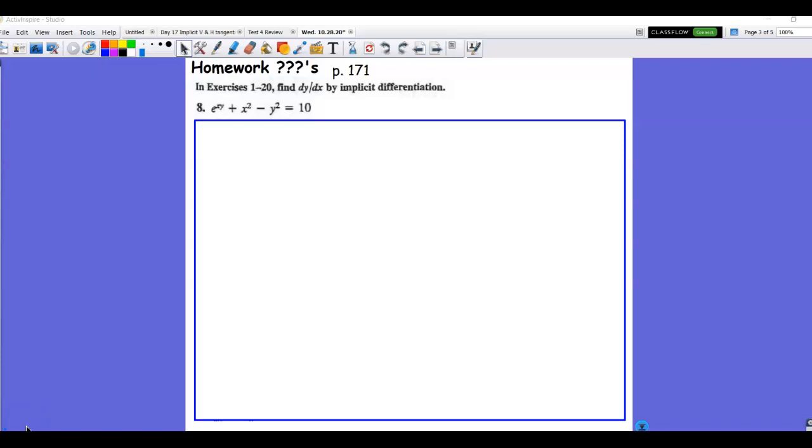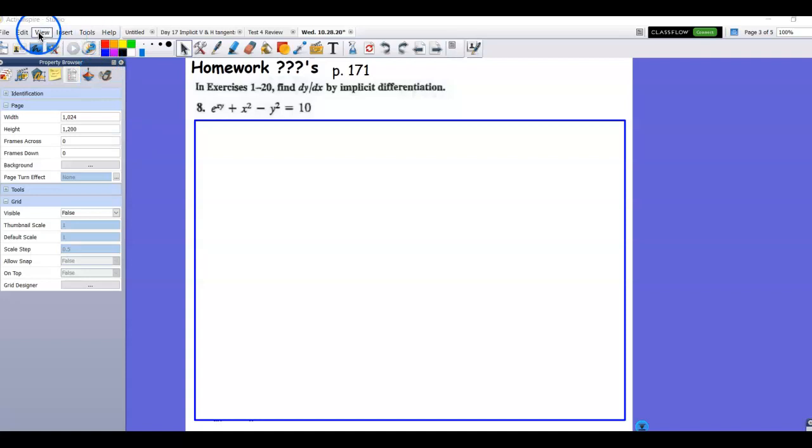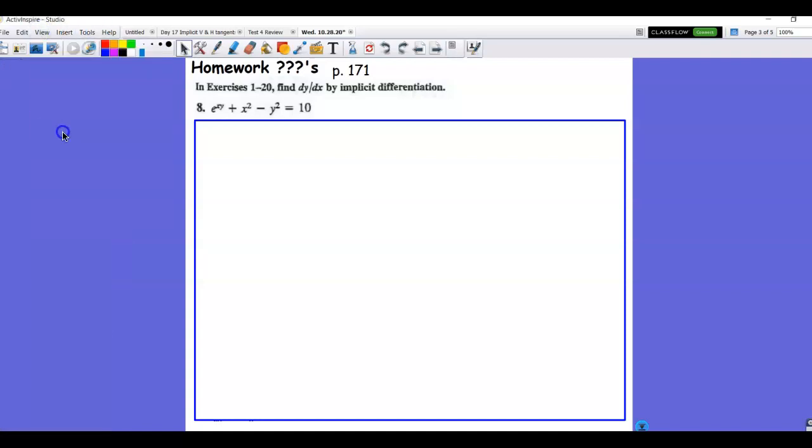This is the homework, continuing the homework on implicit differentiation, and this is page 171, problem number 8. I have actually typed these answers up already, so I'm just going to narrate through this. So in number 8, we are finding the derivative by implicit differentiation, and we're taking the derivative with respect to